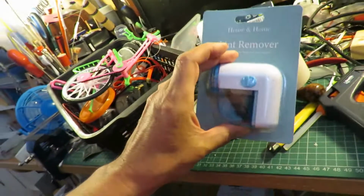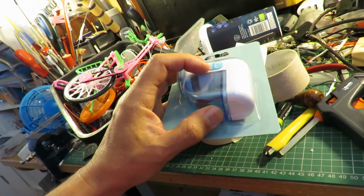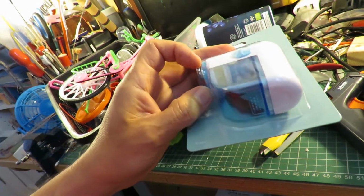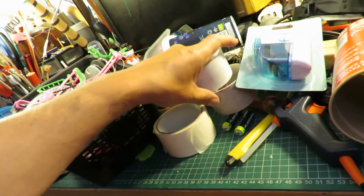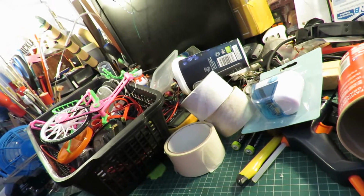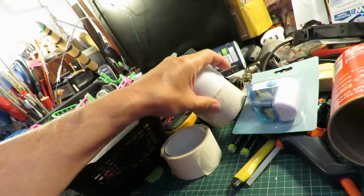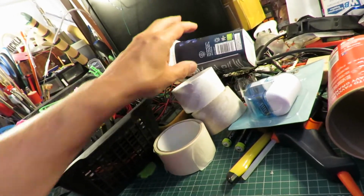Well, I've got one of these, a lint remover, and I know that's got a little electric motor in it. Takes 2 AA batteries, got an on-off switch, so I reckon if we convert that, put a pulley on it, we can use that to turn the wheels. It's not going to be a high-speed hot rod or dragster. I can always put sound effects on it to make it sound good, but I think that's what I'm going to do. I'm going to do back wheels, chassis or body,